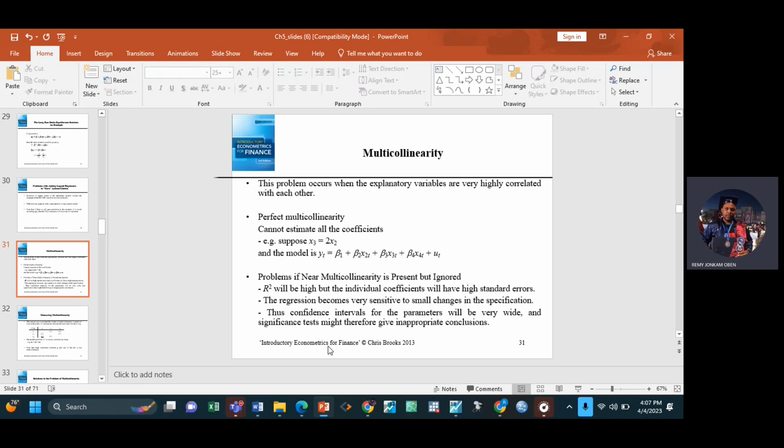But please, whenever you take away a variable from a model, always check if you have omitted variable bias, because maybe this variable is very important, so you have taken it out. You should always test. I showed you omitted variable bias last semester, right? Always test. If you test and it tells you that you have committed this problem, put back the variable and try to look for another solution.